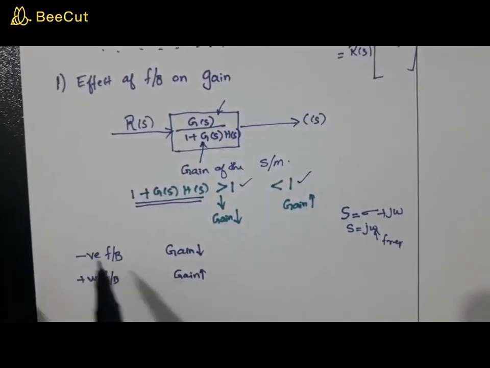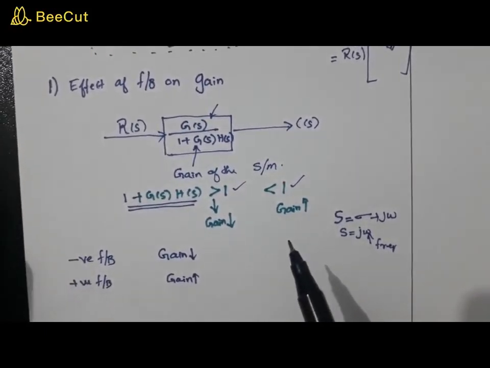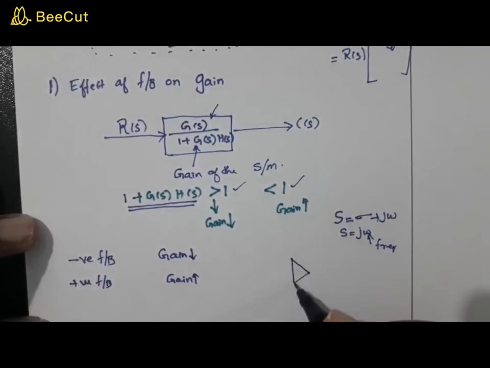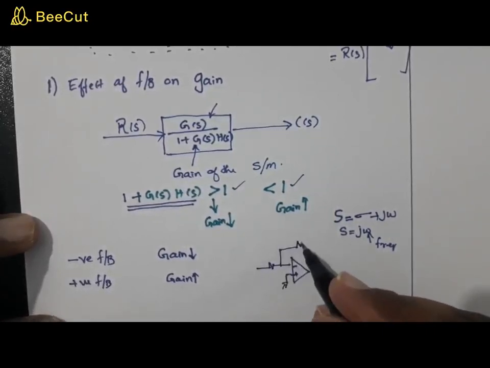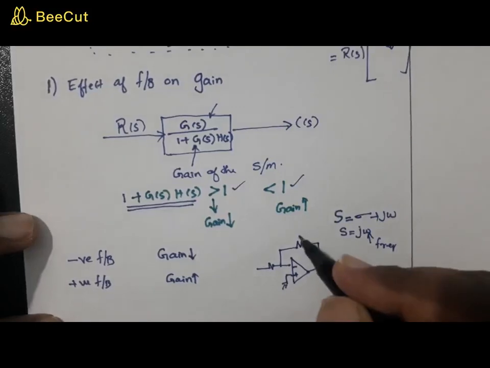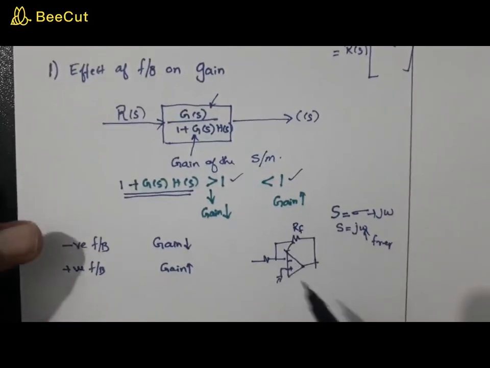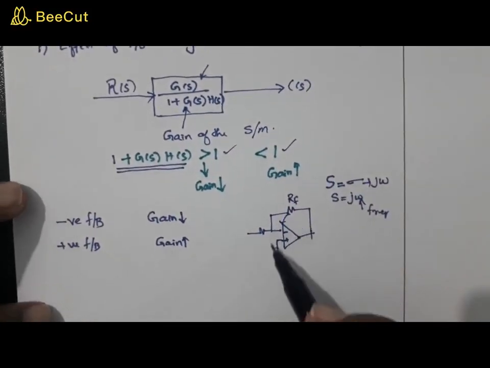Okay, so the impact of this negative feedback you might have studied in your op-amp class. In an op-amp, you might have seen something like this. Say plus, grounded. You have an input, something like this, and you will call this resistance RF. And this is a negative feedback. Why? What is the reason? If it is an open loop system, then this is having a